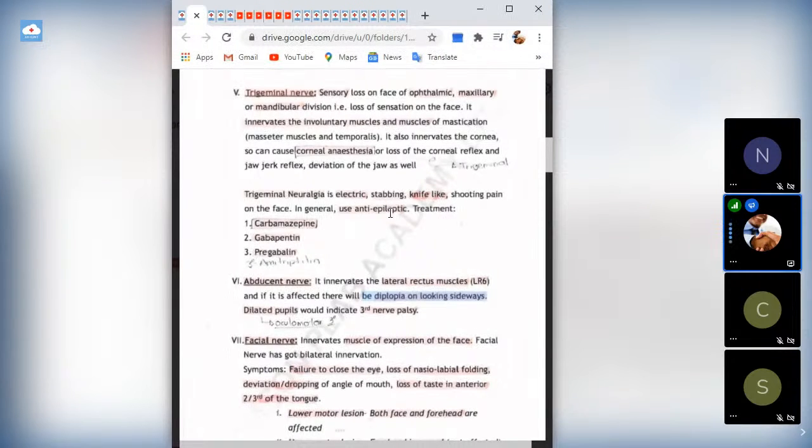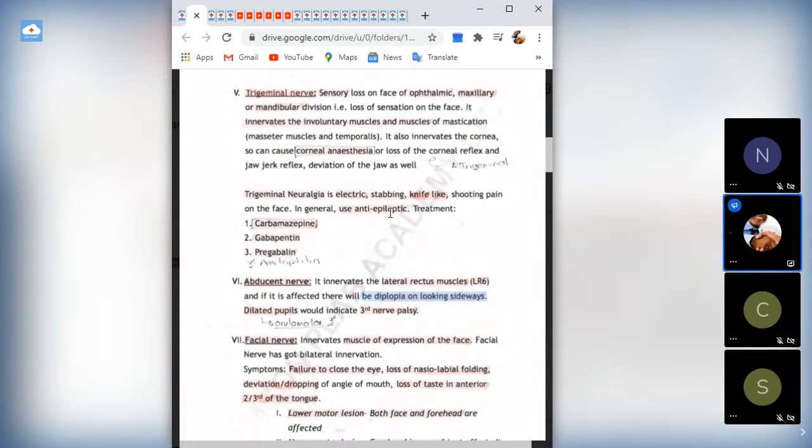So between the angle of the eyes and the angle of the mouth, that's what you refer to as V2, the second branch of the trigeminal nerve. Then V3 is below the angle of the mouth. So the cheek is actually supplied by V2, the maxillary, while the mandibular area is supplied by